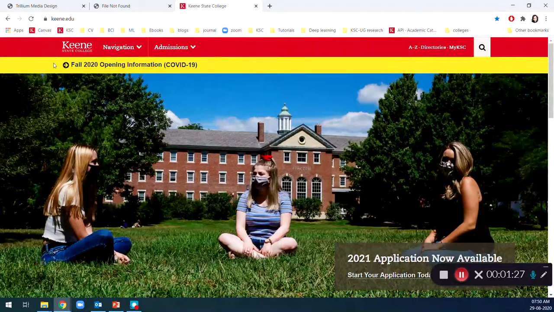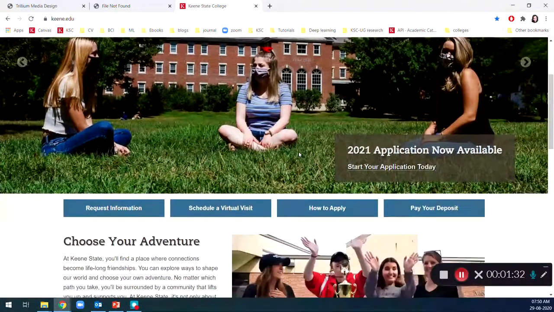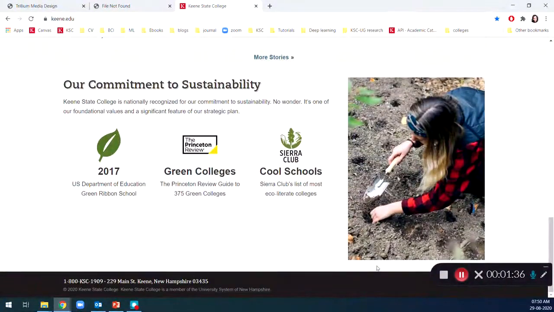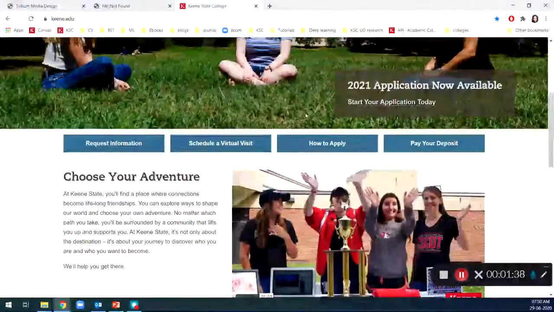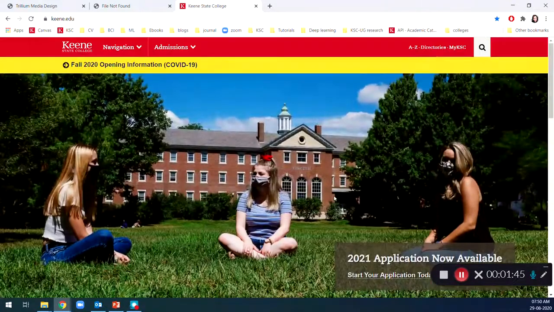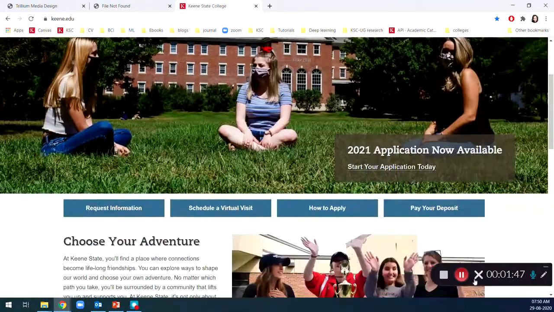In our website, Keene State College website, we have the navigation as the first element, and then some banner tag as a header tag, and then here you can see the footer tag, and this is the body tag. So you can see the same structure in almost all websites. They will follow this basic structure: header, footer, body, and navigation.